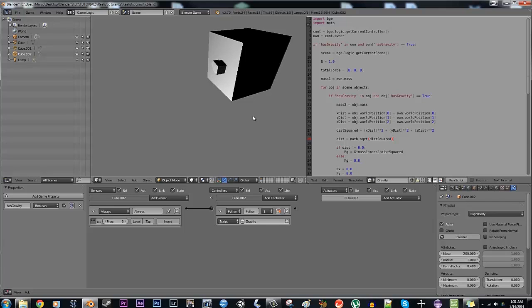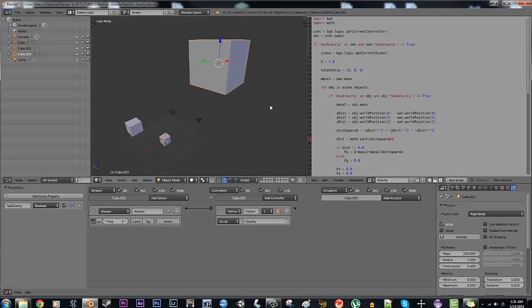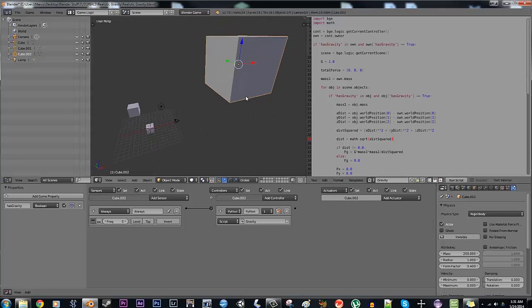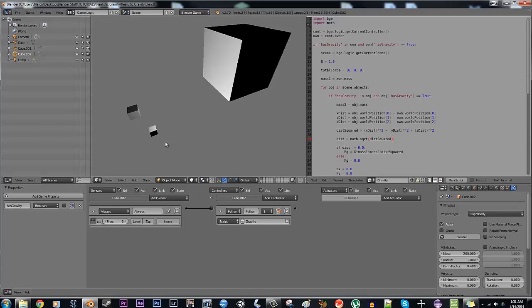Now, the one last feature that I wanted to show about this is one of the features that is kind of a side effect of doing the whole property thing. Let's say I did not want to use this object in the physics simulation. Let's say I just wanted to use these two objects. Well, I'm not going to delete this or put it on another layer. All I have to do is uncheck the has gravity property. And now, hit play, it's suddenly not included in any of the calculations